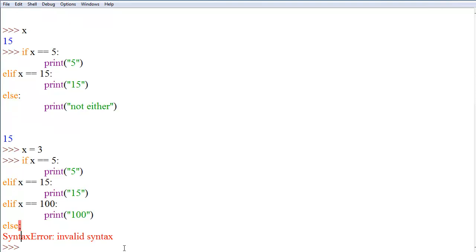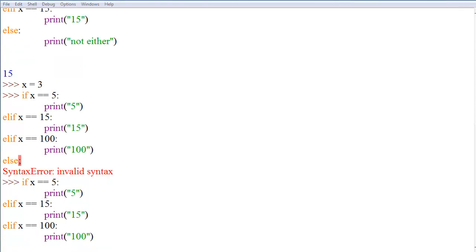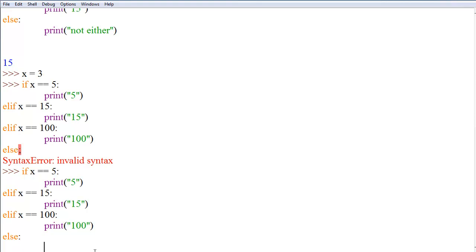Oh man, well that just sucks so bad. One second while I fix my mistake. We can say, oops. We can say down here, else colon print none of the above. And before we move on, I'd also like to say that the spaces between x and the is equal are optional,